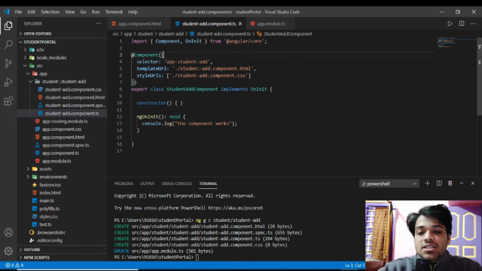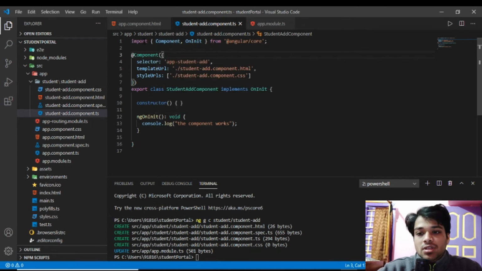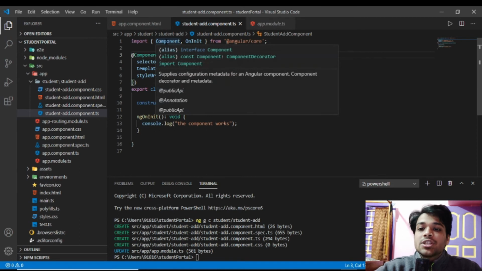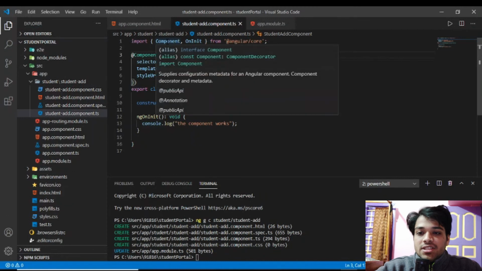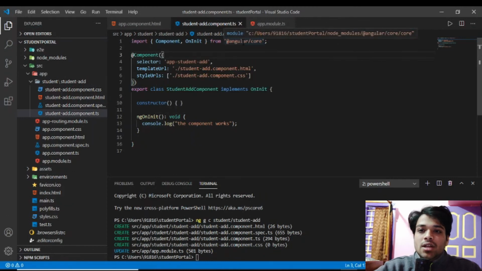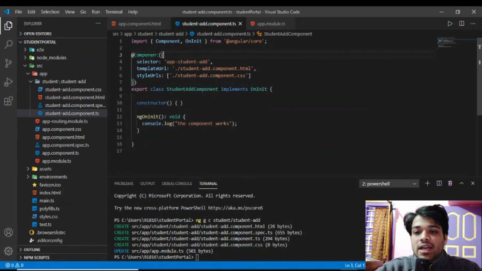Now it uses student-add.component.html, and obviously if you are using the onInit method you should import it, and obviously you will use component, so you have to import component. So the import convention is import, inside the curly braces you write Component, and from Angular core. Angular core is such a package where all the core packages will be, and inside the core packages there is an annotation Component. With this annotation you can enable Angular to use this component class. So that's it for now.